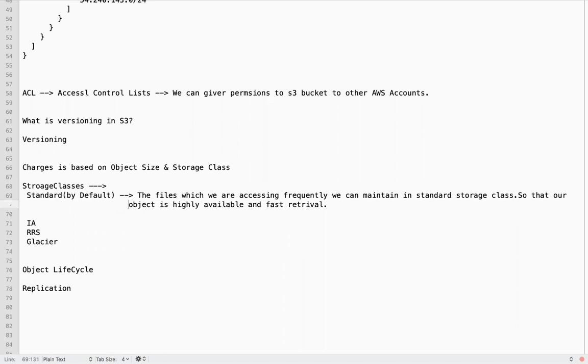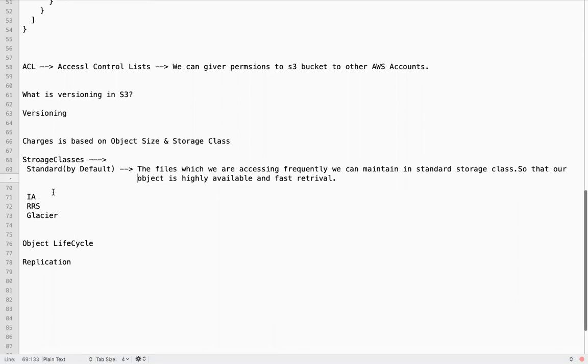So the files which we are frequently accessing, we can maintain in a standard storage class. By default, this is the storage class where the object gets maintained.